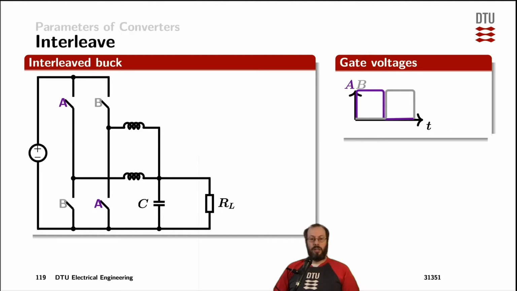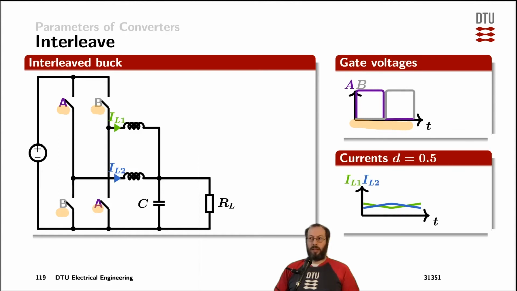Another advantage is that you can operate those two half bridges, consisting of a switch A and B here, and the other one, the switch B and A, 180 degrees out of phase. If we have a look at the gate voltages driving those devices, that means for a duty cycle of 50%, that the derivative of the inductor current of inductor L1 is falling, while the derivative of the inductor current L2 is rising. And that means that furthermore, each of those inductors only needs to conduct half of the output current